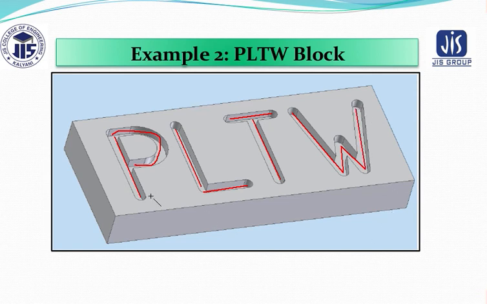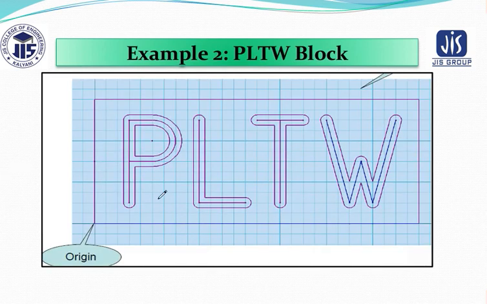So this is the red line basically denoting your tool movement to generate this particular job. So this is the top view. Again they have placed origin as this one. So what you have to know? You have to know the value for this particular portion coordinate, this particular coordinate, again you are coming here this particular coordinate.